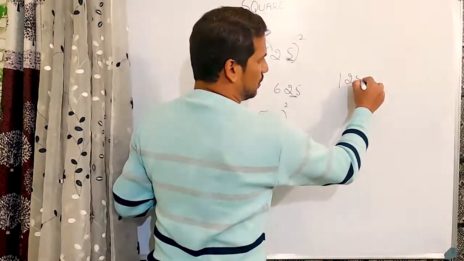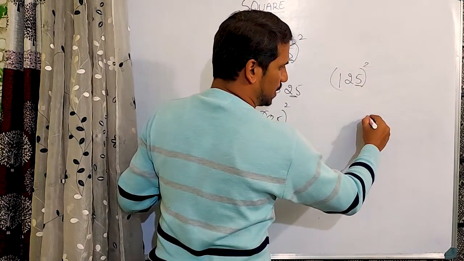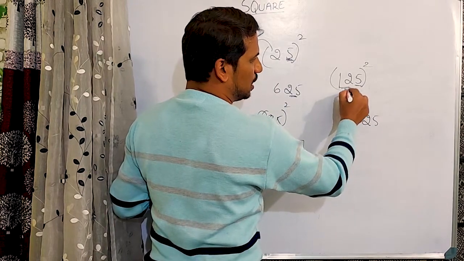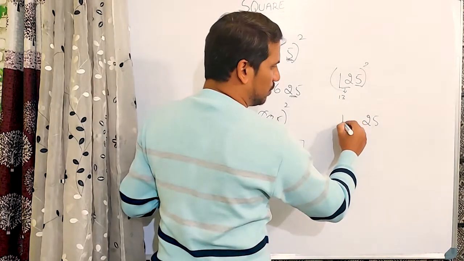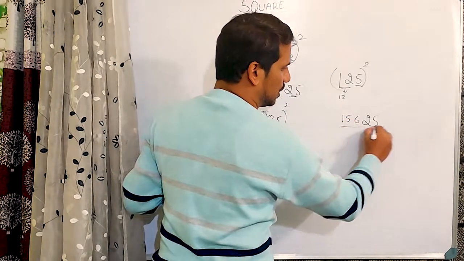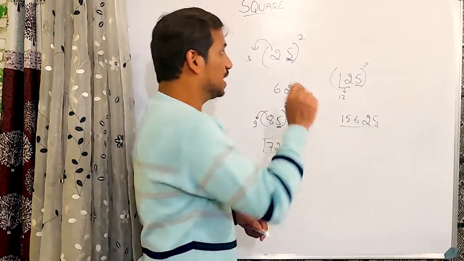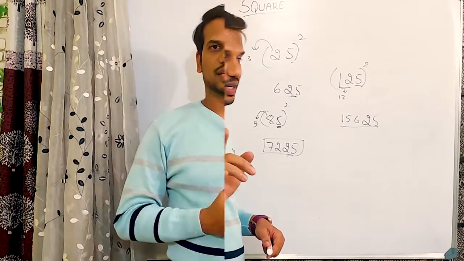125. Yes, definitely. So what is the square of 5? That is 25. Keep it. The next number after 12 is 13. 12 into 13, I suppose if you remember the tables, it should be 156. 15625. Now this applies only if the number ends with 5, not for other numbers. Please be very careful. So let's stop it here.